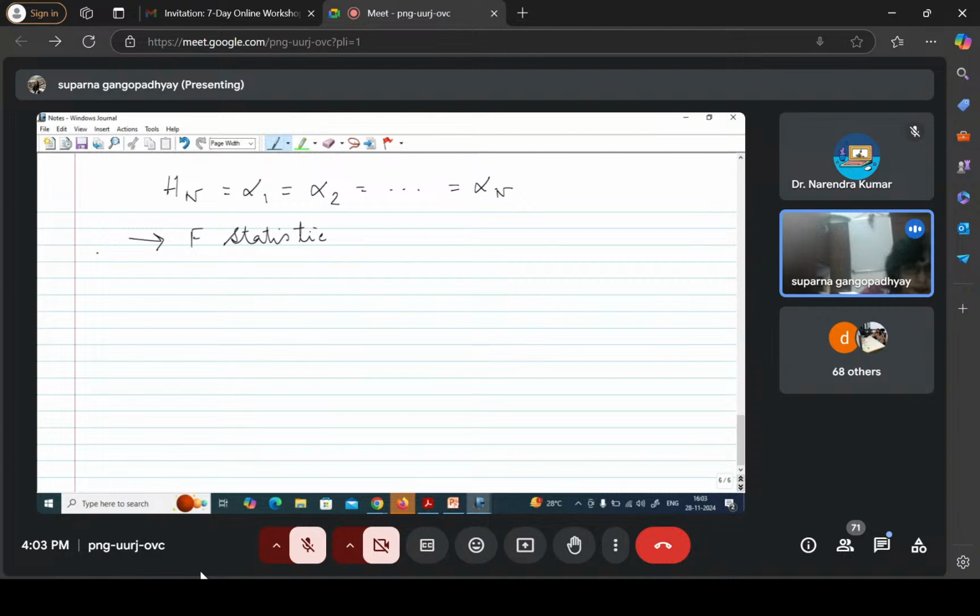Clear. And this F, what is the formula? The formula is R square pooled minus, I'm sorry, first of all, R square F. The difference between R squares. You know R square? In bivariate, it is ESS by TSS. Multiple correlation coefficient or coefficient of determination. Measurement of good fit, right? Just to give you an idea. So the difference between R square F minus R square pool, whole by,